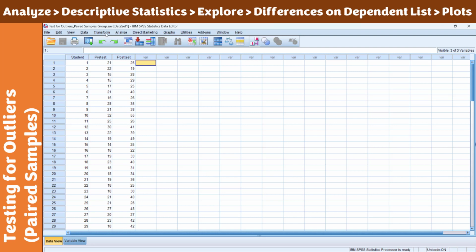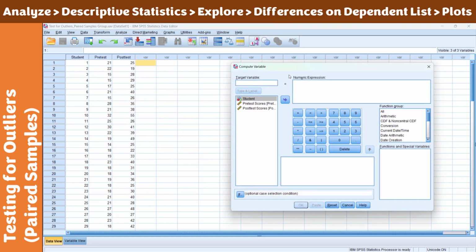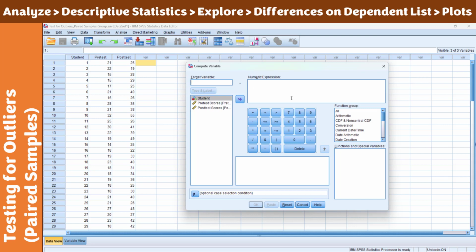To do this, click Transform, Compute Variable. When you click that, you can compute a certain type of variable together with its corresponding operation. I'm going to call this one differences. Just call it difference, and let's label it later in the variable view. We can compute difference here by pretest score. You click that, place it here, and of course, since it's differences, minus your post-test scores, and click that there. Again, you don't need to worry if you would like to have post-test minus pretest, it's just the same. Okay? Because then, you're just going to check whether there are no significant outliers.